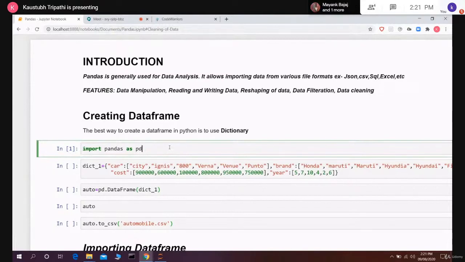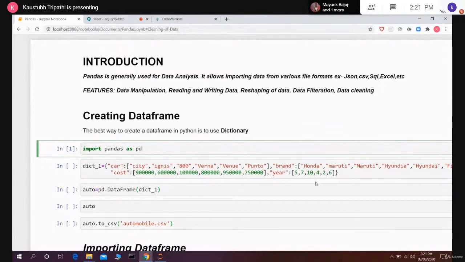So now I was talking about creating a data frame. Yesterday when I was telling you about dictionaries, I told you the main use of dictionaries is to create big data frames. That's what I'm showing you practically today, how we can create data frames with the help of a dictionary. In this second line, I have created a normal dictionary where the first key is car and the value is a list with the names of some cars.